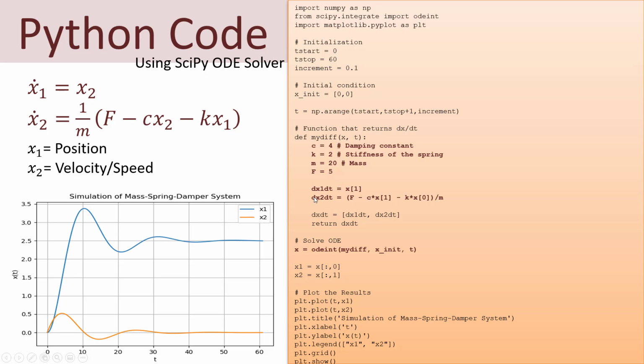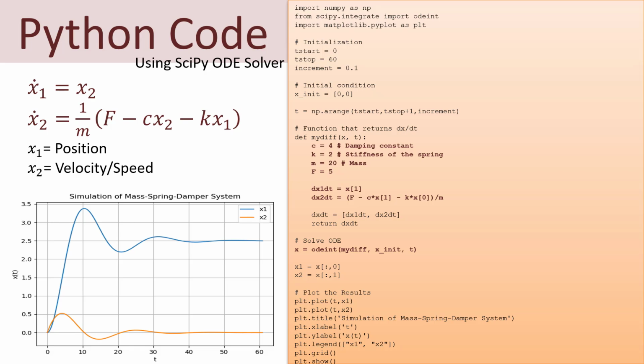Then I implement these two differential equations just as they are stated here. Just note that x is an array, so x of 0 is x1 and x of 1 is actually x2. Then this function returns the result of these differential equations, and then I use the odeint function, which is part of this SciPy library, and the return value of this function is x,